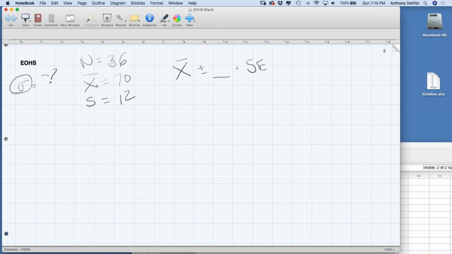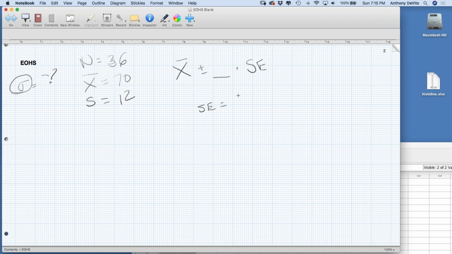In other words, if we took this sample again from our population, size 36, if another 36 people were randomly selected from a population, you probably wouldn't get exactly 70 again. You might get 71, you might get 75, and so on and so forth. That's got a lot to do with the variability of the values for the individual people in there. In fact, it's related to the variability, so standard error